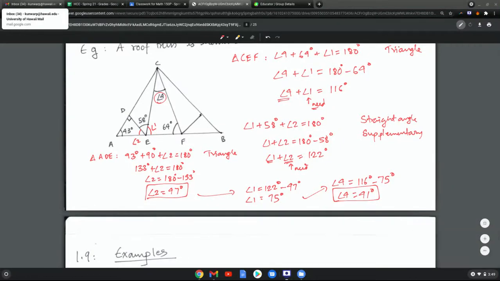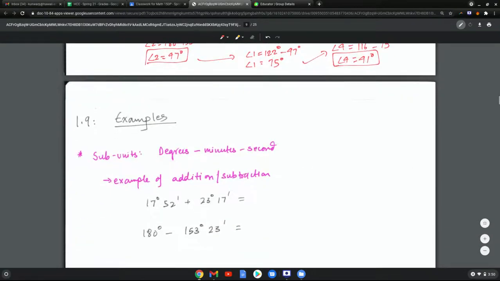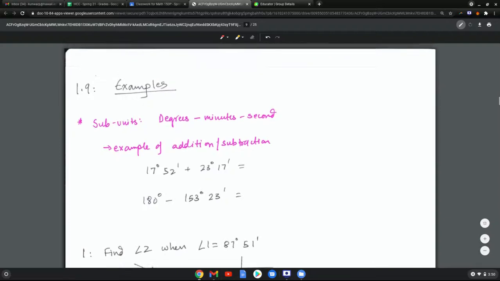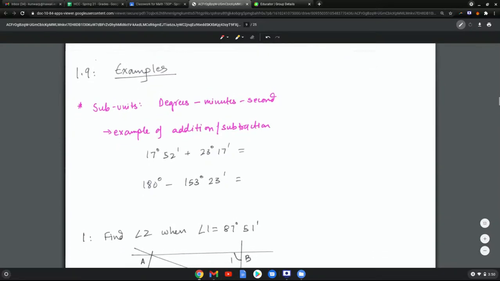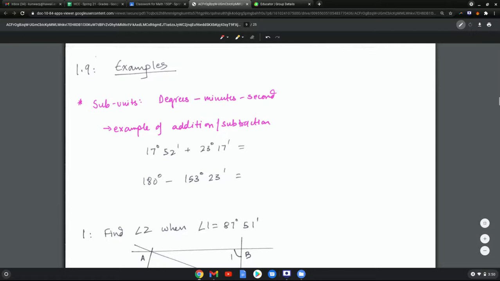Now, for the examples that I'm going to consider at this point, we need to take a brief pause to talk about subunits. In one of the previous videos, I mentioned that an application for angle was time related, and that analogy extends to the idea of subunits. A subunit is a smaller unit, right? For example, in case of time, we have multiple units like years, months, days,